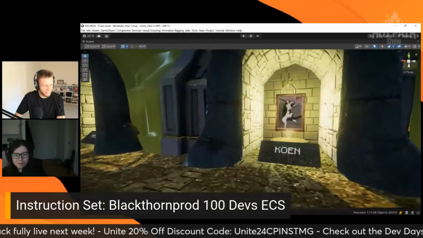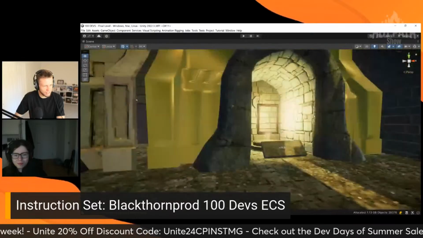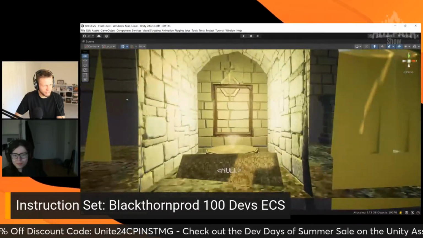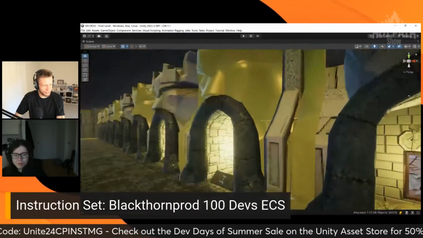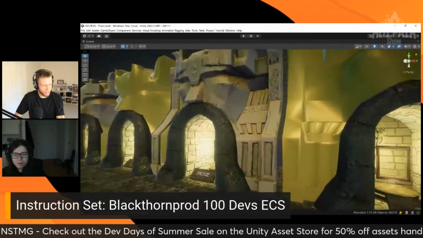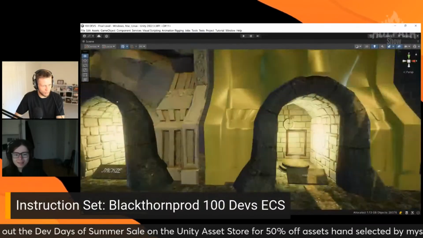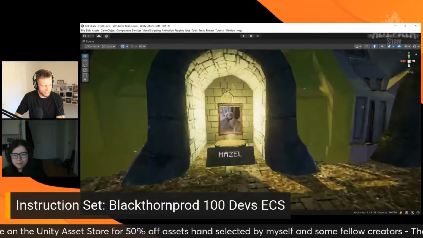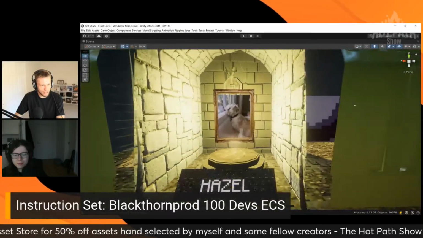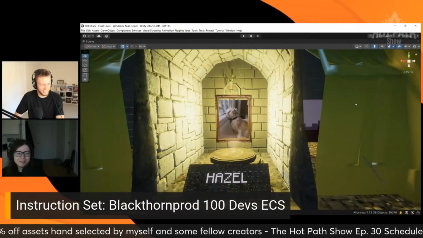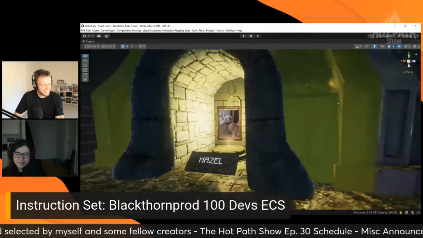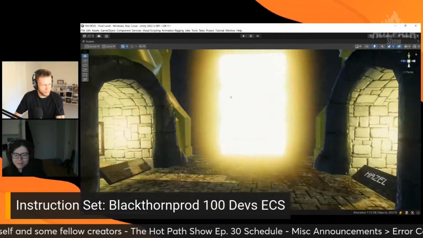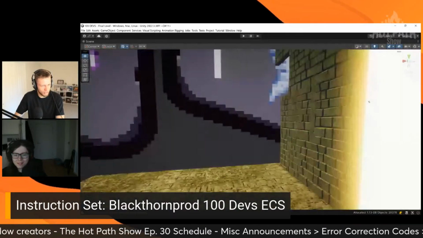And then we get another cat, and then that one. So I had to add another chamber here because they're all full up. So I did the null one here, and then we have my little pup Hazel right here. Aw, cute. So yeah, and then you walk through here, and then that kind of brings